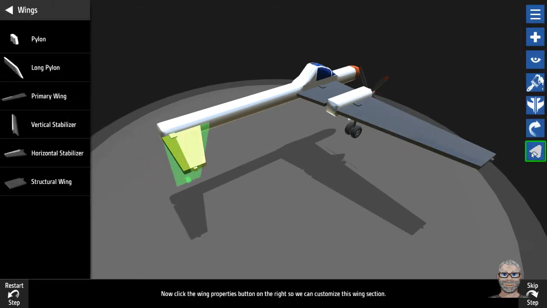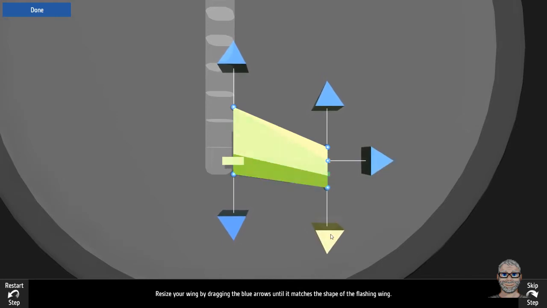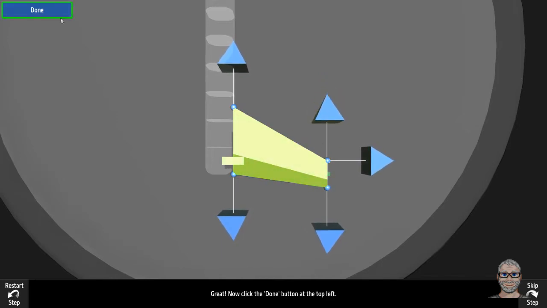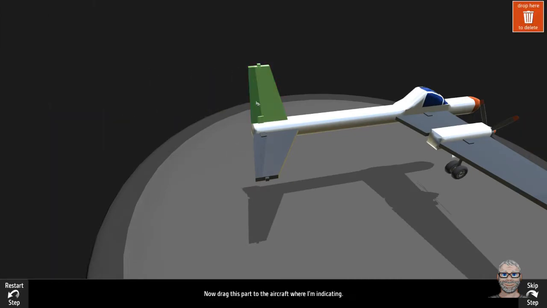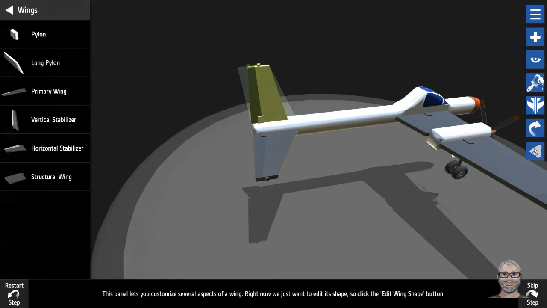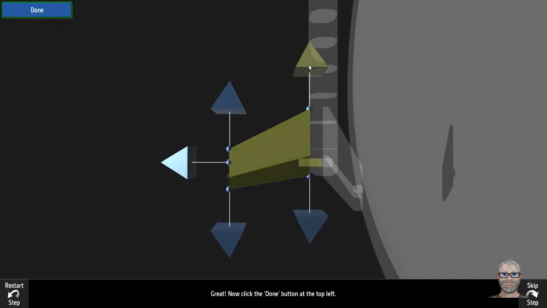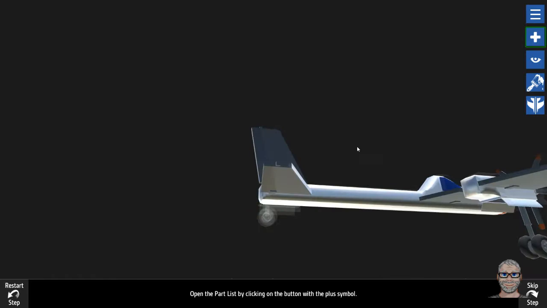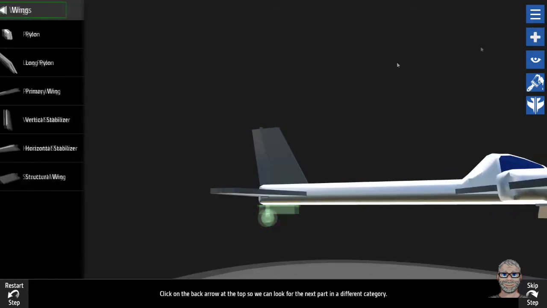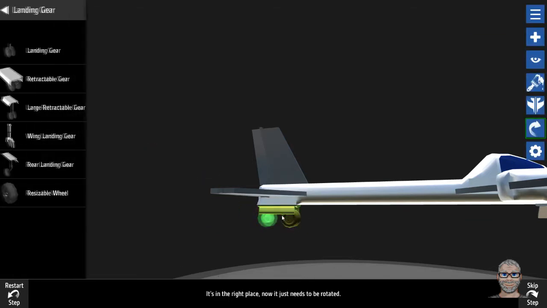Edit their shape so that we get the right shape there. Out one. That needs to go down one. That goes down one. And the tail, the vertical stabilizer, goes on there. And we can edit the shape of that, nice and easy. Nicely does it. So we need a rear wheel so that the tail doesn't scrape on the floor when we land. Retractable landing gear again. But it needs to...